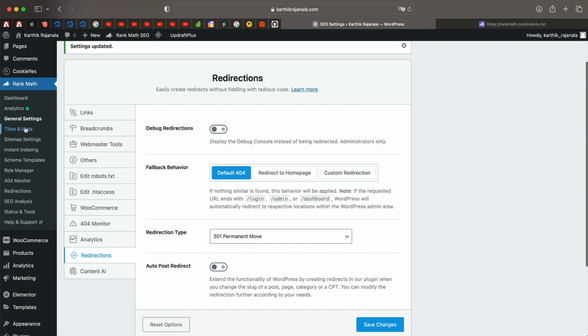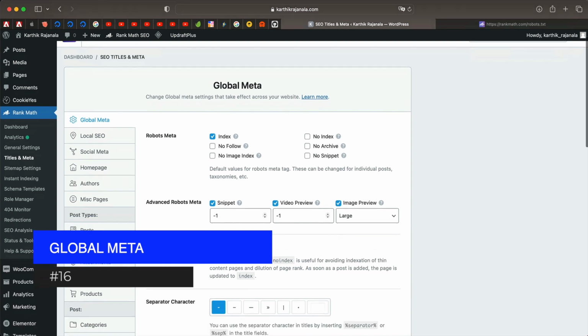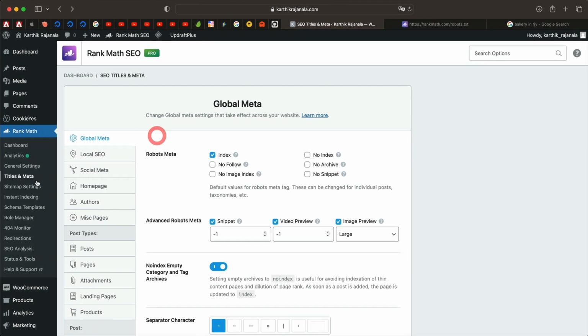Now we'll head over to the next section, which is titles and meta. I'll just click on that, and that takes us to this section. Let's go through each one of these one by one. So click on titles and meta, and the first option, which is global meta, will be selected by default. And here you choose index or no index, no follow, meaning don't give the link juice to any of the